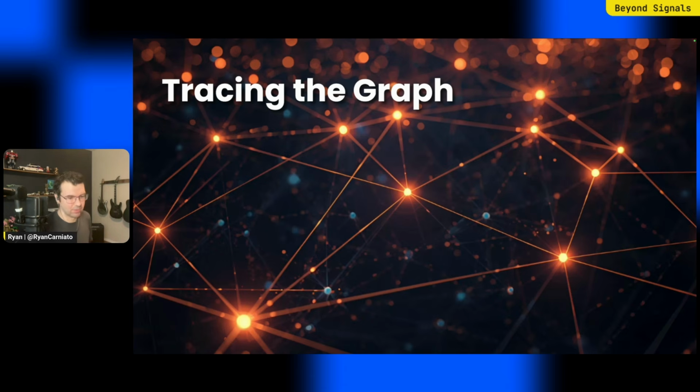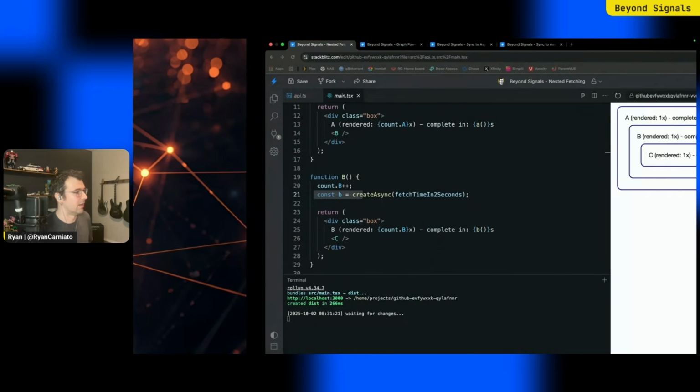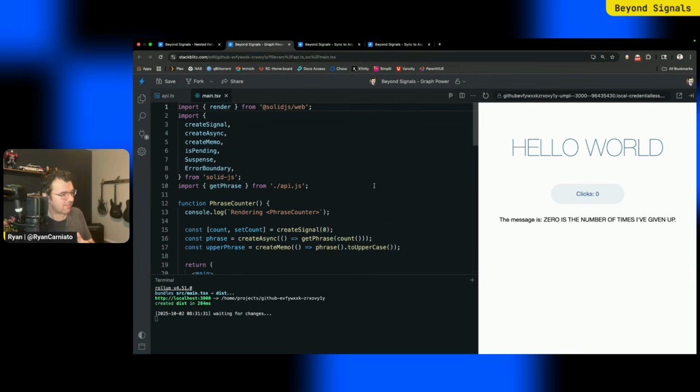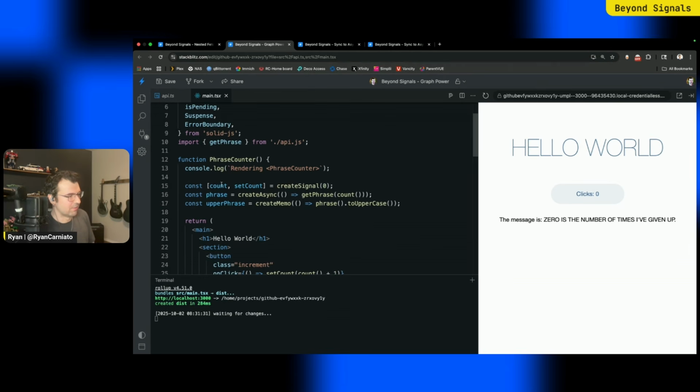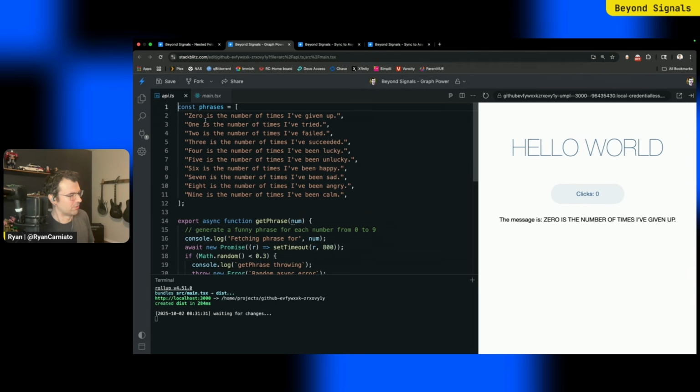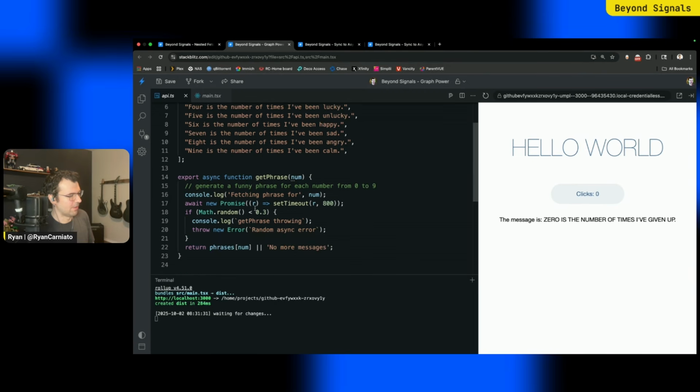I actually have an example of how this is super powerful. I've got to thank Dev Agrawal for this demo, but essentially what we have here is a signal that sets count. This is our counter example. I always go with the classics. And it triggers async fetching, which returns a phrase that goes with each count: 0, 1, 2, 3. It also has a chance of erroring out randomly. 30% of the time, it has a random error.